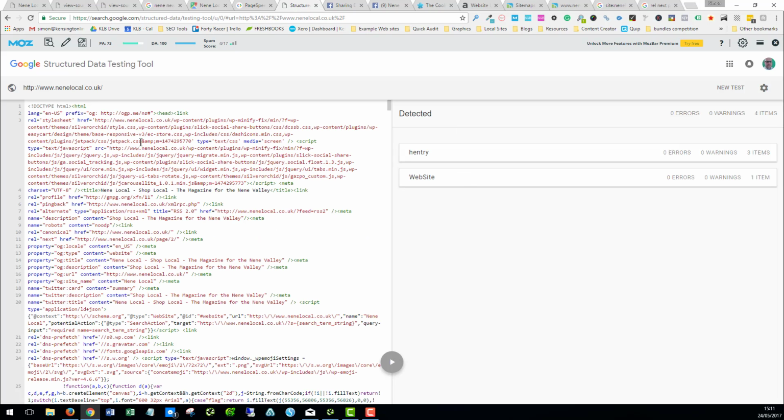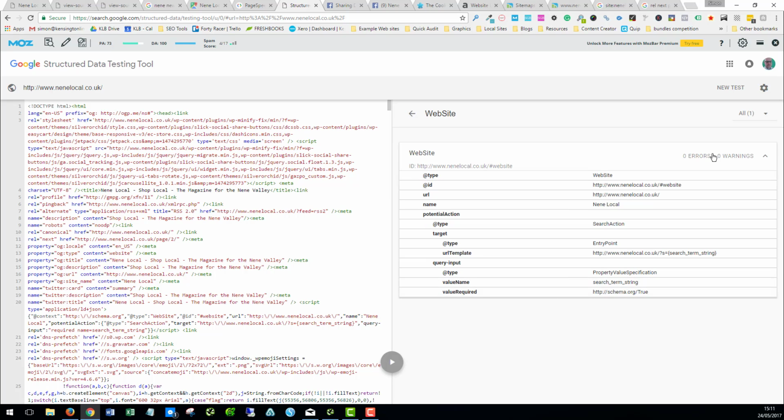Structured data here, we can see we've just got the website, no errors, which is good, but we've got an opportunity really to put in a whole heap more, and you can get a plugin which will help put in the JSON